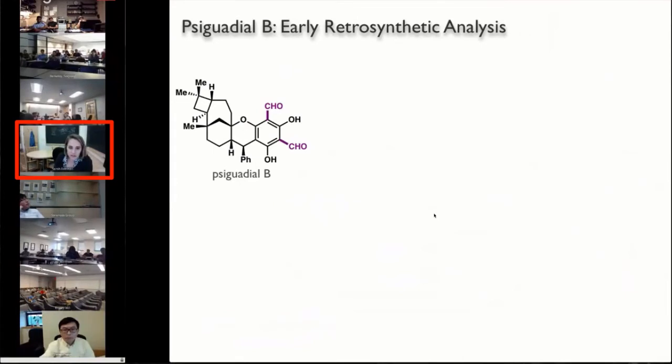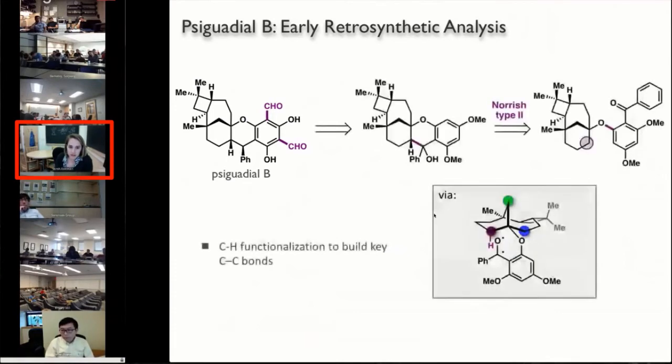And so in considering our approach to these molecules, we really thought a lot about incorporating methods for CH functionalization. If you go to the next slide, one of the early retrosynthetic analyses that we drew up is shown here. We thought maybe we could simplify Psiguadial B back, where we would incorporate those two aldehydes via late-stage formylation chemistry, and that perhaps we could form the bond that's highlighted in purple for that central structure from the corresponding